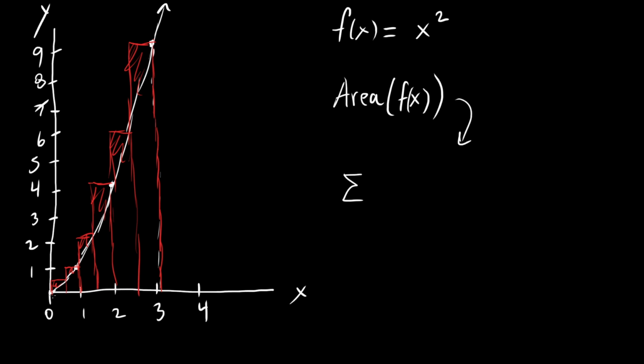So let's say that from 0 to 3, we want to have one big rectangle first. So one big rectangle would look something like this, right? This is a bad estimation, but this is a starting point. And the width of this big rectangle, let's say that... okay, so this concept